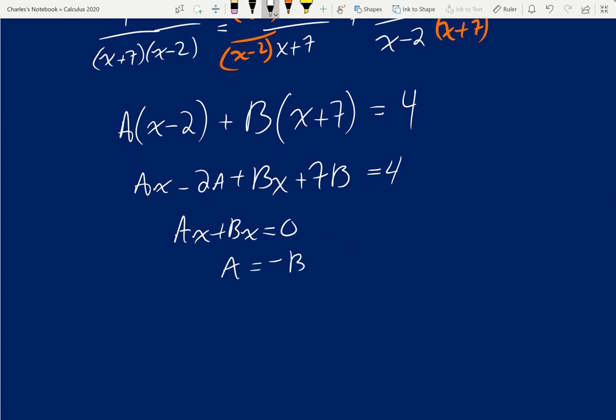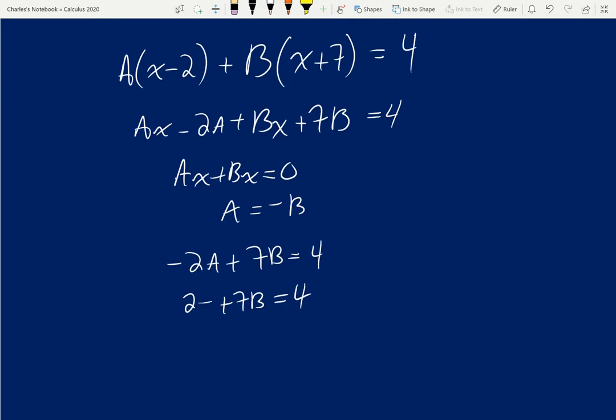So then I can go over here and I get negative 2a plus 7b is equal to 4. Or I could get 2b plus 7b is equal to 4, sorry, this is supposed to say 2b. I'm plugging in negative b for a. I resisted making a to be or not to be joke right there, just pointing out. And then my final answer is 9b. That's not my final answer. My final answer is b is equal to 4/9, which means a is equal to negative 4/9,